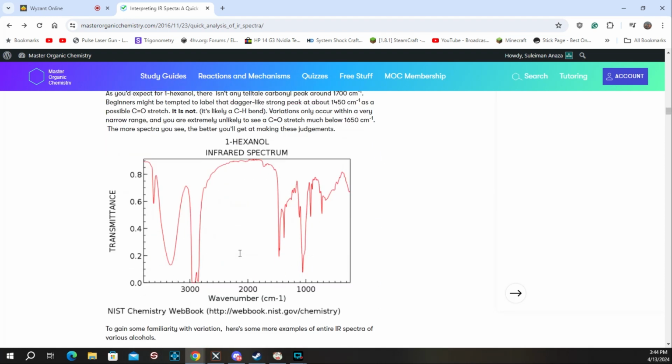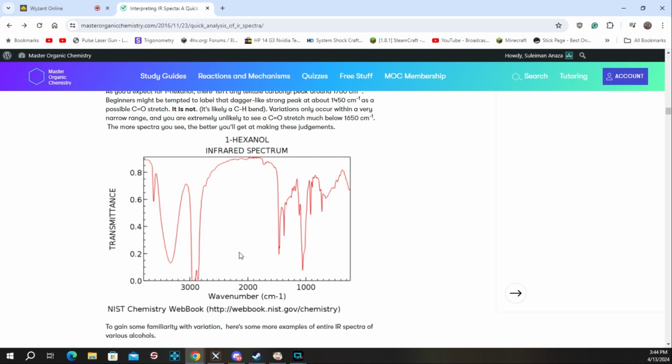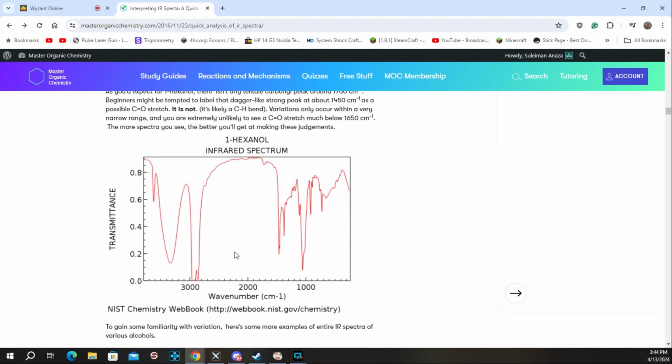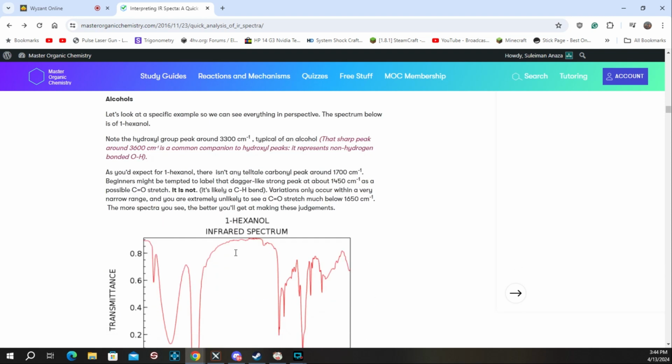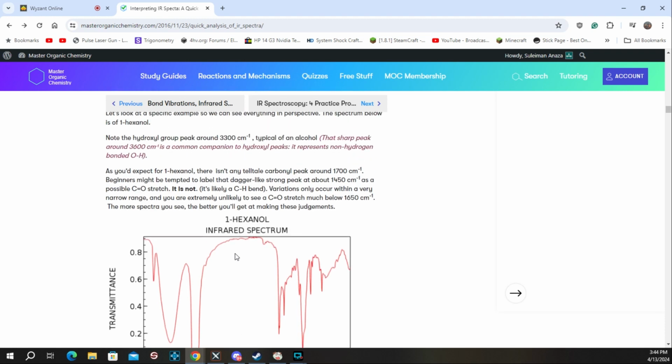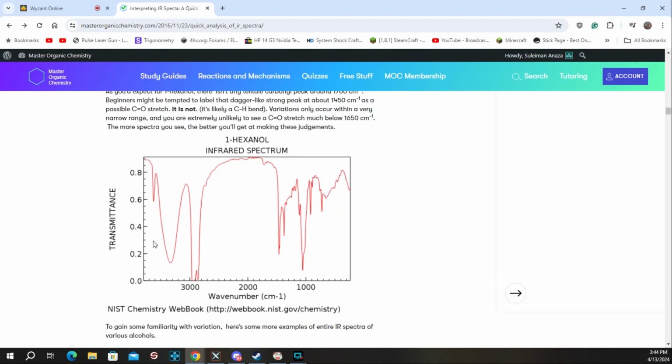This guy uses a method, and it's pretty much the 1 minute look warning, is kind of how you describe it. You look for five things. So you look for alcohols and carboxylic acids, right? Boom. So this is an example of an alcohol. These are